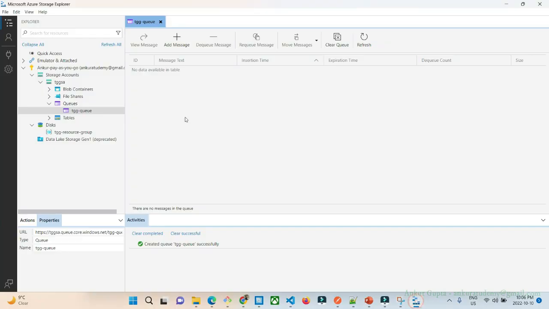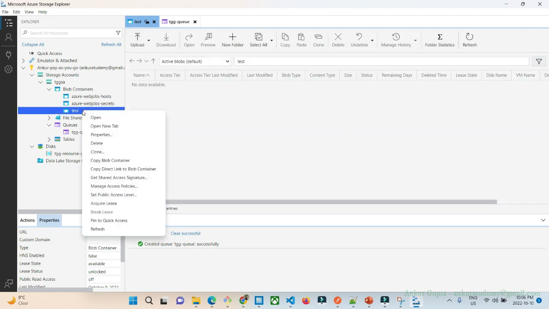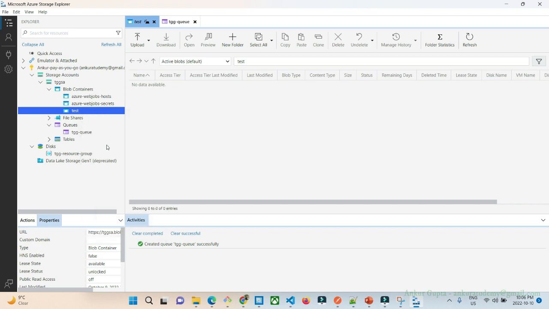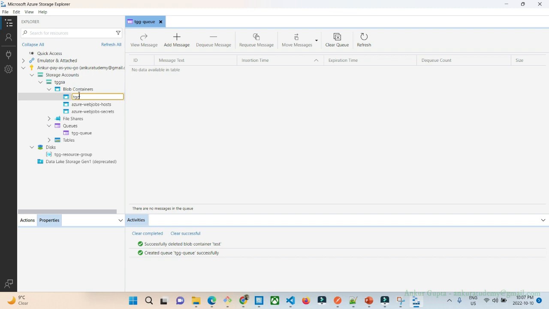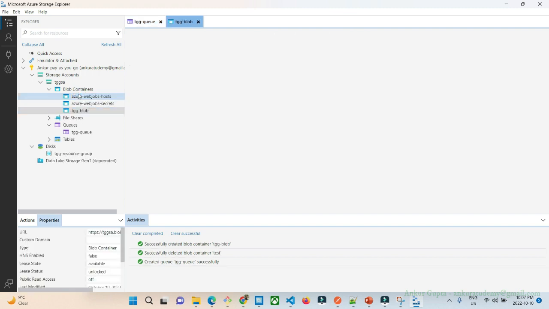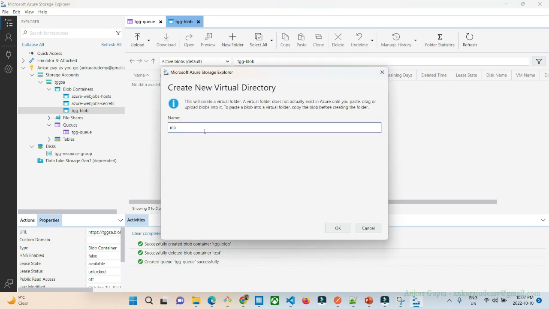So I go back to my storage explorer. Inside a blob container, earlier we created one blob container called test. I'm going to just rename it if possible. So rename is not possible, I'm going to delete it and create a new container. I'm going to call it tgg blob. Now think of the blob storage as a folder. Now I can create a new folder, let's say input,